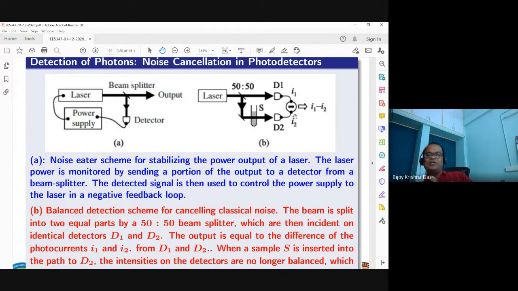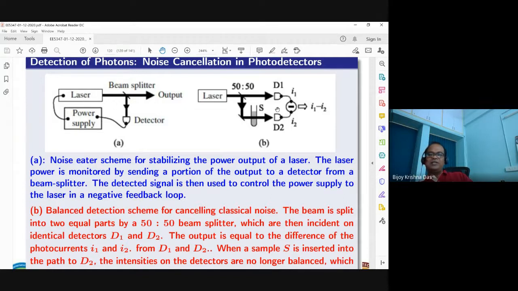Then the noise portion can actually be cancelled. If I1 and I2 are the same, if it is going 50-50, then ultimately you should get 0. That means at that time you are getting electronics noise only. But if you somehow attenuate one path a little bit, then I1 minus I2 is non-zero. In that case, you can get a current, and you can amplify that differential current.